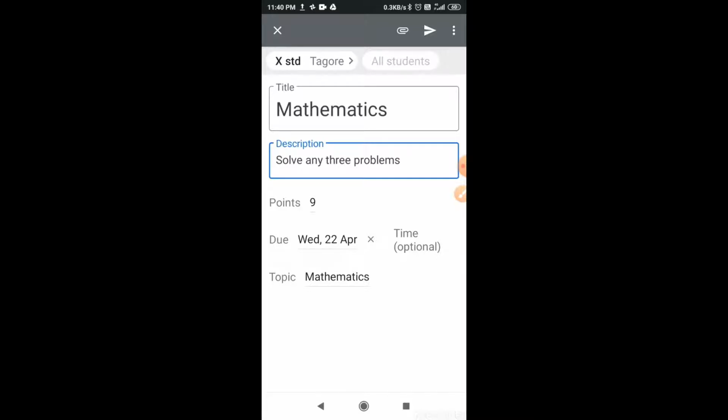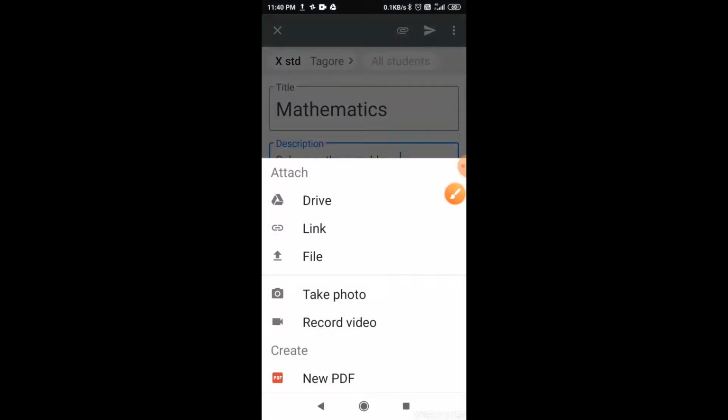If you have created your assignment through Google Docs and converted it into PDF, you can attach that one. If you want to take photographs and send, that is also fine if it is only one photo, but I always suggest you to make a PDF. If it is more than one page or more than one photograph, better you convert it into a PDF and attach it here. From this portion, click there, attach.